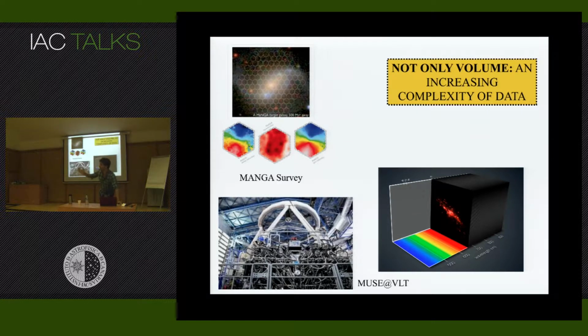And as we heard this morning, it's not only about volume, but it's also about complexity. And the data we are acquiring is more and more complex, particularly IFU surveys. So now we are acquiring 2D spectra. So for every pixel in the image, almost, we are acquiring a spectrum. So the amount of information that is there and the way you need to process this information is completely different, and it's completely impossible to visualize this information by the human eye. So you need processes or techniques to deal with this.